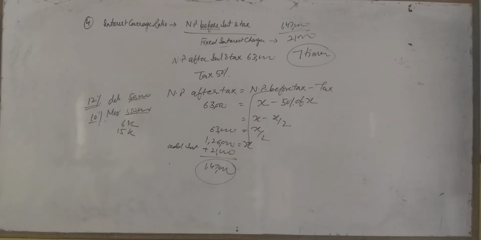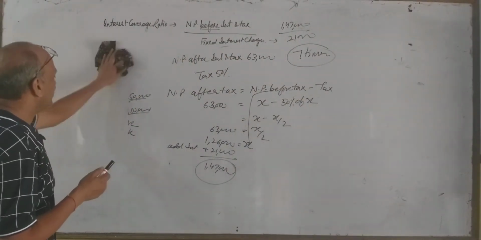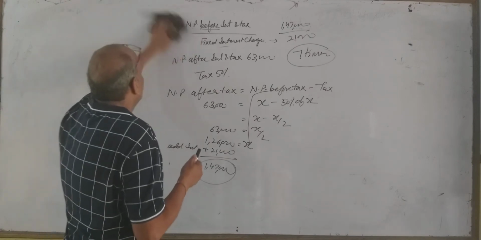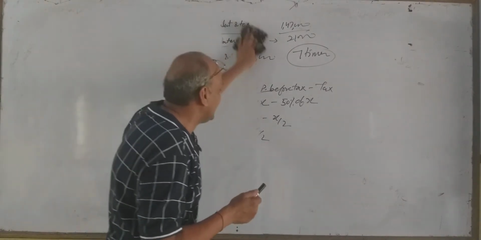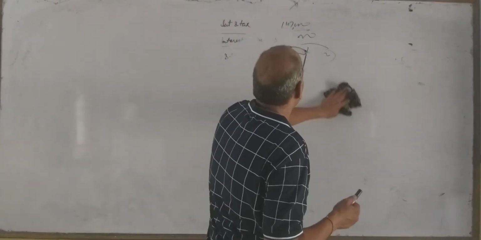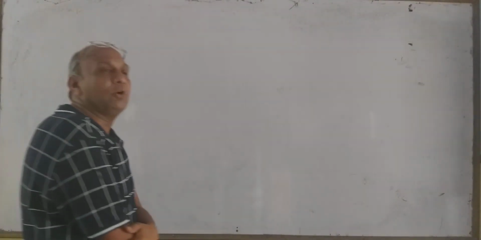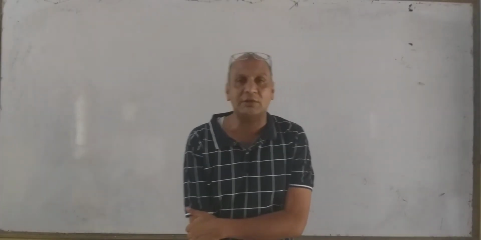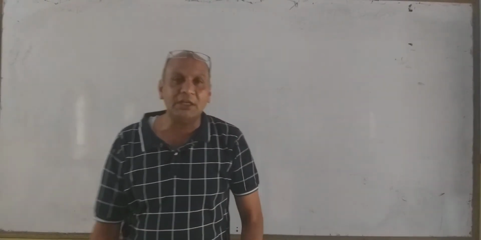So in this way we have completed two different ratios, my dear friends. Those two different ratios were, number one, liquidity ratio. In liquidity ratio we covered current ratio and quick ratio, and then we did solvency ratio. In solvency ratio we completed the topics debt equity ratio, total assets to debt ratio, proprietary ratio and interest coverage ratio. The next ratio we are going to start is activity turnover ratio.